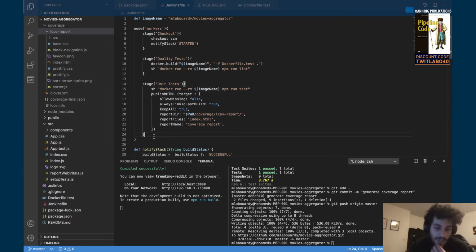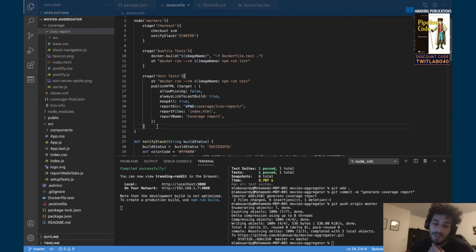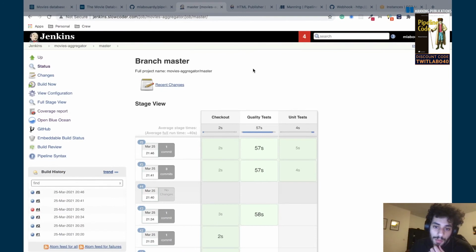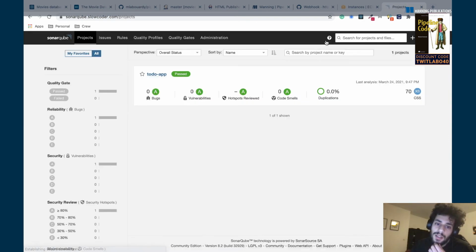Now we can take this further, and instead of using a simple code linter, we'll be using an external service to continuously inspect our web application, looking for bugs, and also to improve the quality of our source code. One of the famous services on the market that can help you continuously improve your code quality is SonarQube. And if you remember, I have already deployed SonarQube in advance on my AWS account, and the